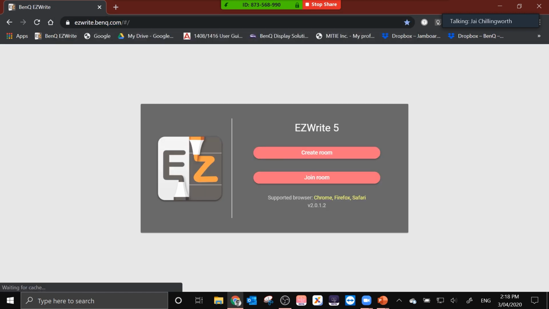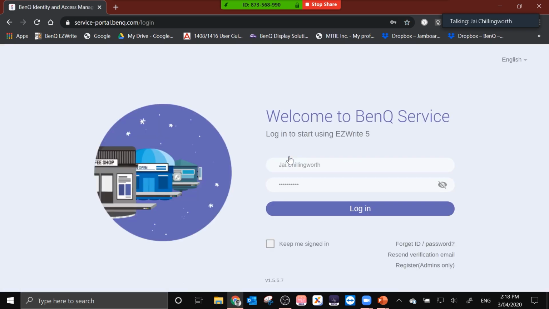So it's the same website that we saw on our Cloud Whiteboard previously, but you'll notice here now, for those who have used Cloud Whiteboard in the past, not only can we join a room, but we can actually create a room directly from our browser. So if I click on this create a room,